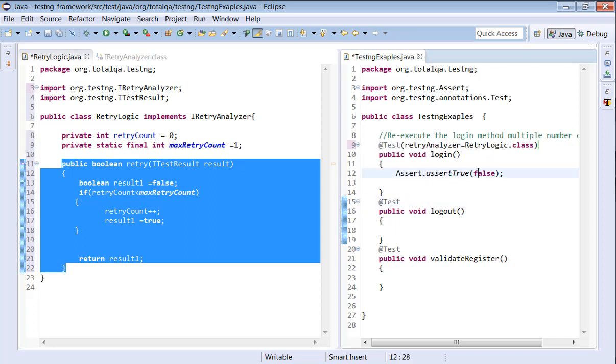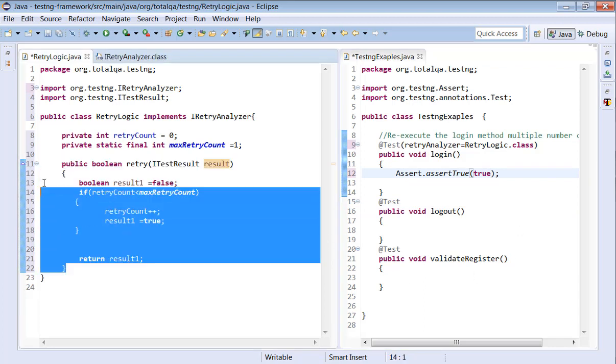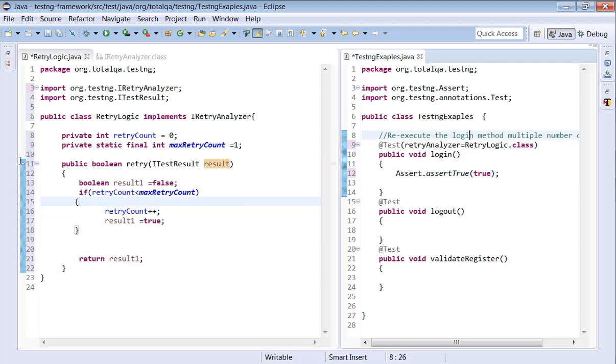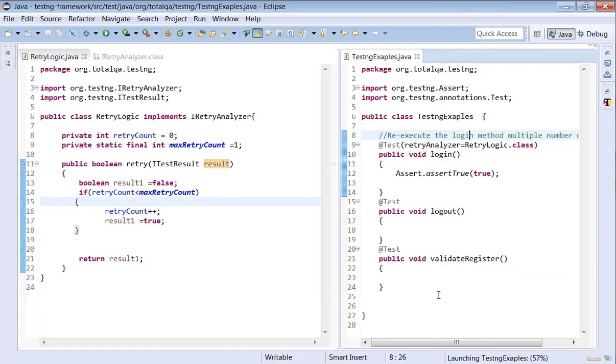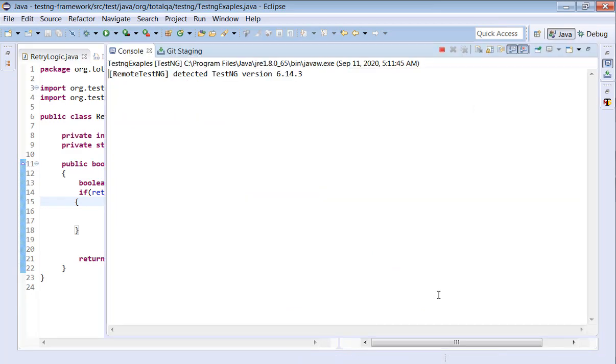Let's do one thing. Let's make this test case pass first. Whenever we mark this test case as pass, will it invoke this and execute multiple times? Let's see. Execute this program, run only this TestNG example, run as TestNG test.